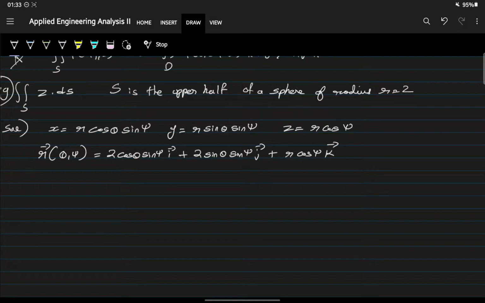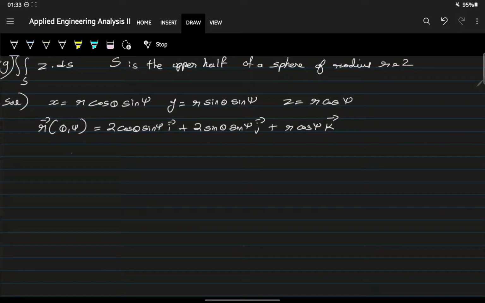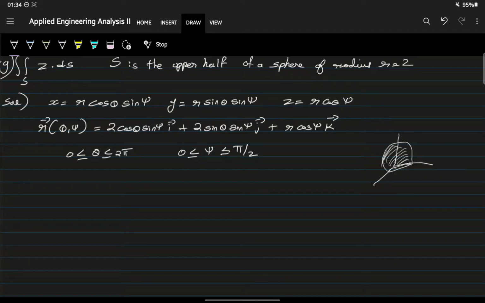And now since we are working with the upper half of the sphere, here the limits for the parameters can be phi, and for phi it would be... because the three-dimensional sphere, in the bottom it would be a circle, so that's why we are considering a value of between, for the value of theta it should be between 0 to 2 pi, and for phi, because of the half, it should be 90. So now we need to determine